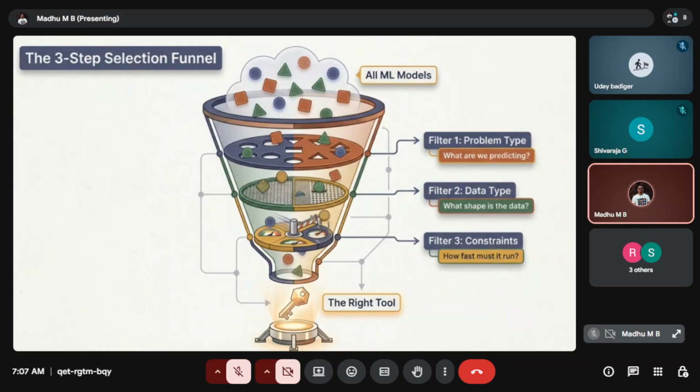So before we dive into the individual ML models, let's understand what models we will be studying.